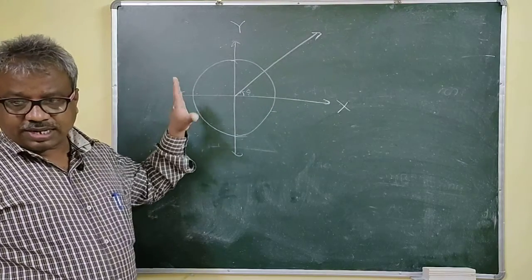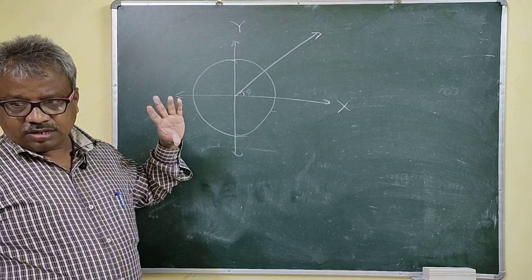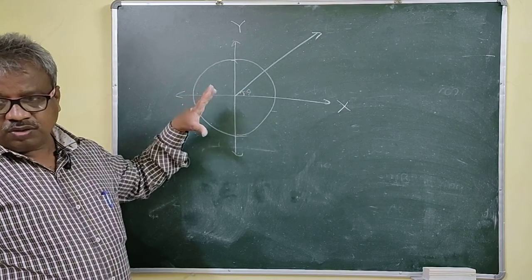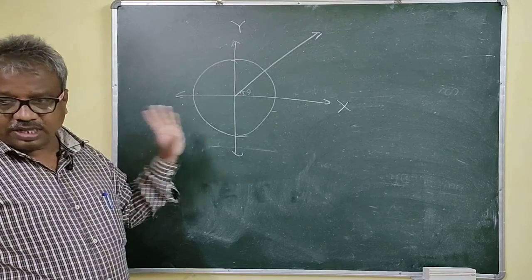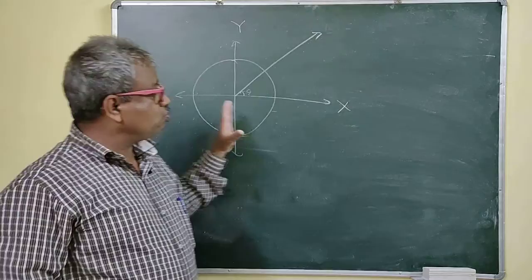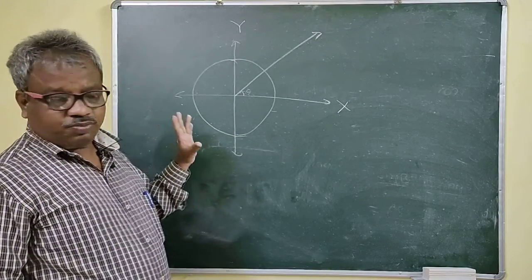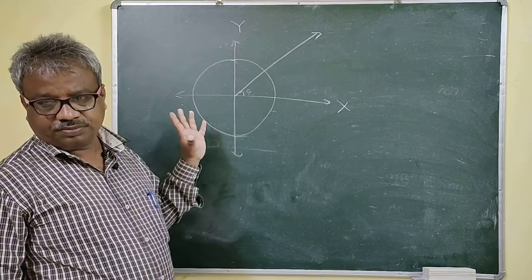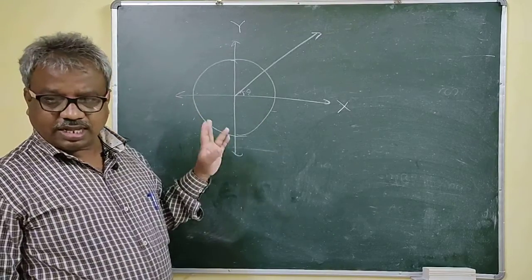Now here we don't have a right angle triangle. So with the help of the circle, we can find the trigonometric ratio of any angle. For a ratio you would need the right angle triangle, but here you don't have one, so with the help of the circle you have to find the trigonometric ratio of any measurement of the angle. So suppose this theta is any measurement.